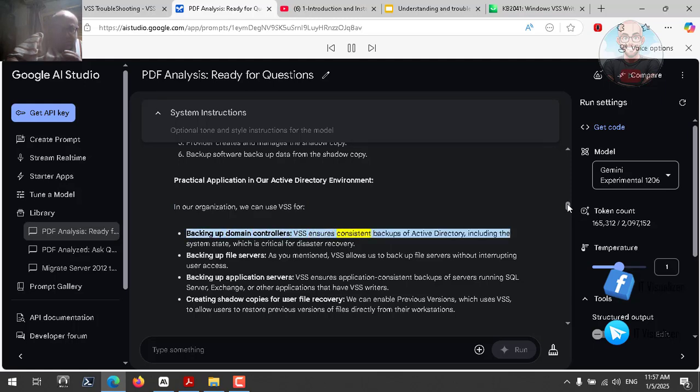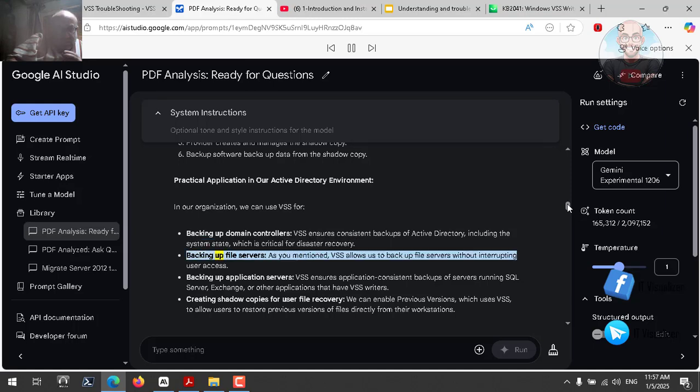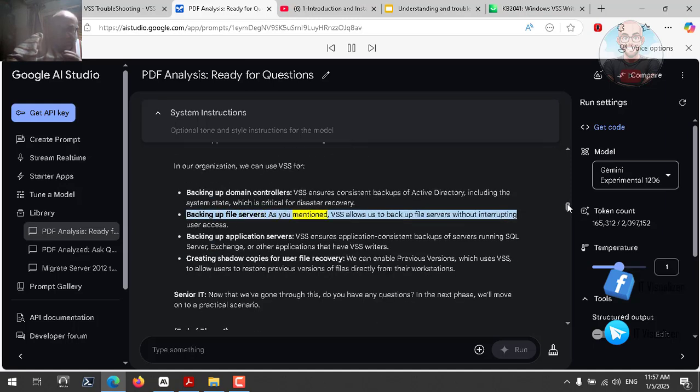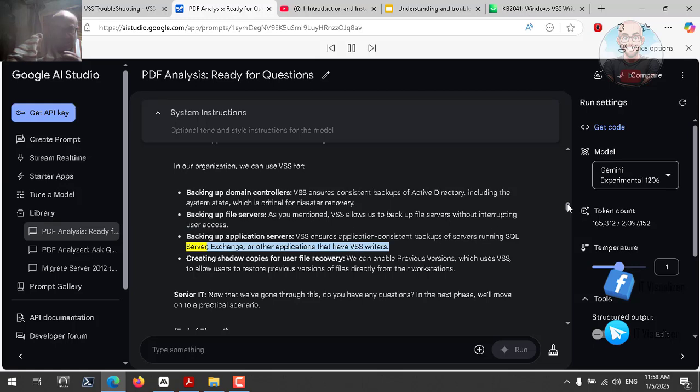VSS ensures consistent backups of Active Directory, including the system state, which is critical for disaster recovery. Backing up file servers. As you mentioned, VSS allows us to back up file servers without interrupting user access. Backing up application servers. VSS ensures application-consistent backups of servers running SQL Server, Exchange, or other applications that have VSS